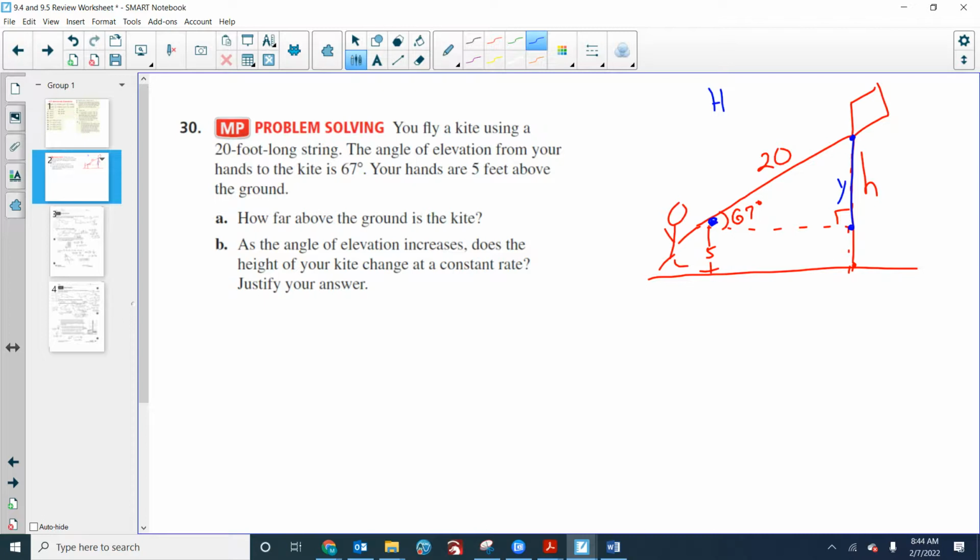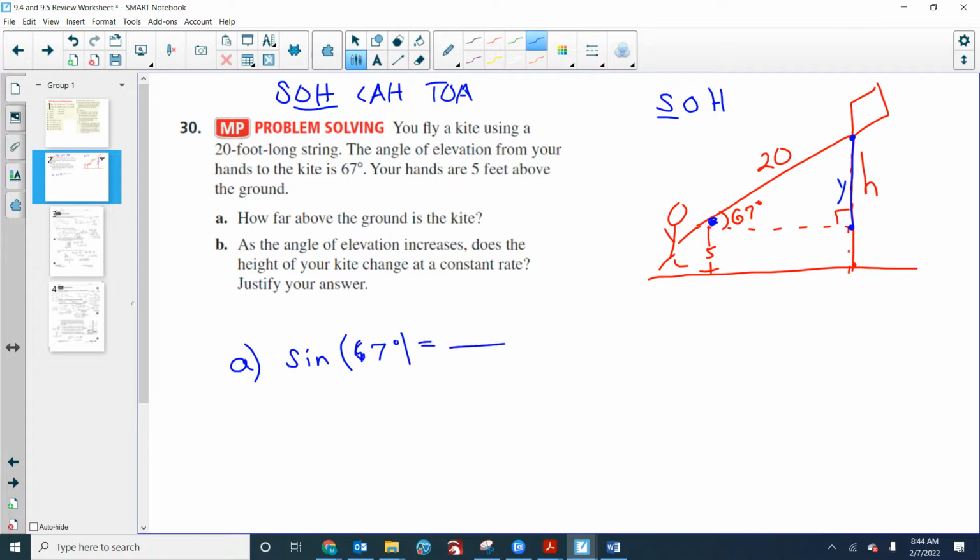Is it HO or OH? OH. Yeah, and if you know the mnemonic device, you're thinking, well, it's either SOH, CAH, or TOA. And if I'm using O and H, that's this one. It's going to be O, then H. That's the decision that tells me to use the sine function. So the sine of 67 degrees